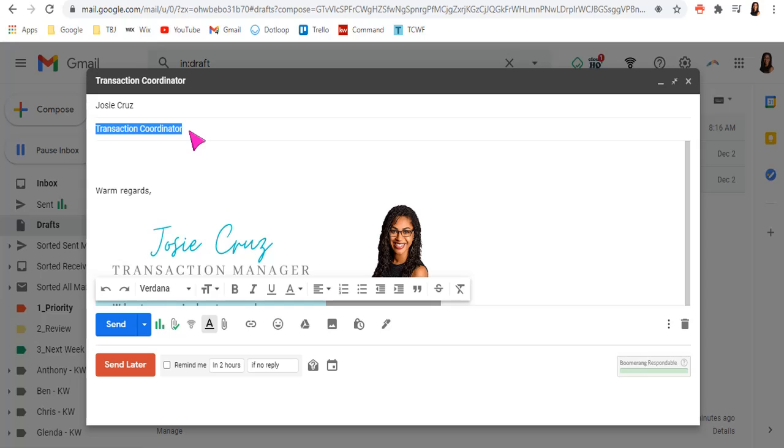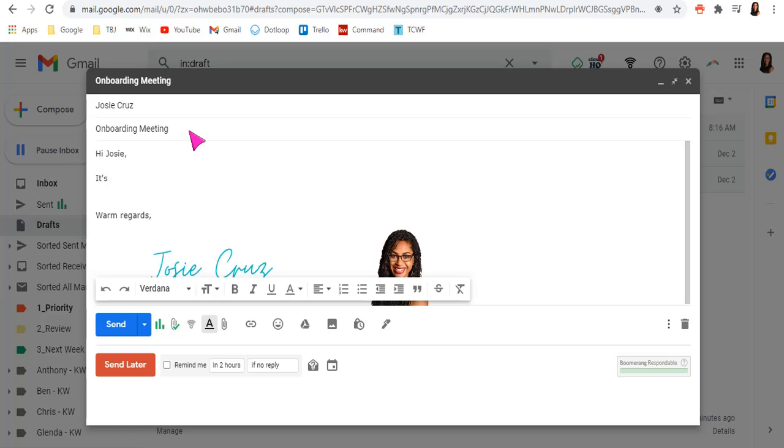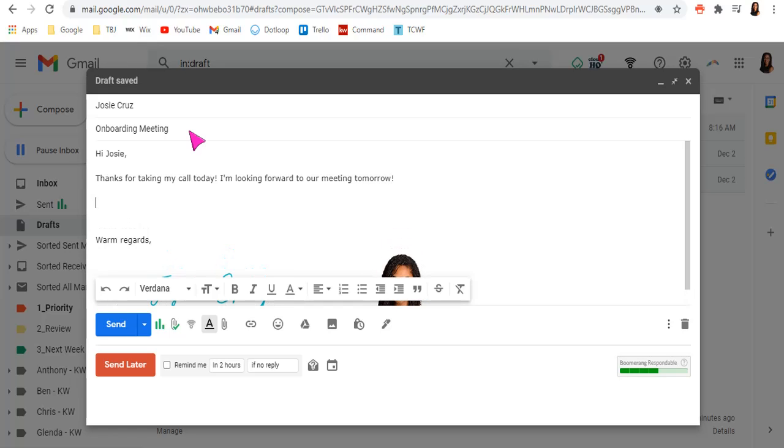So let's just say onboarding meeting, and I am going to be onboarding this agent. Hi, Josie. Thanks for taking my call today. I'm looking forward to our meeting tomorrow. So I will put the cursor where it needs to be, and then I hit this Boomerang scheduling button,